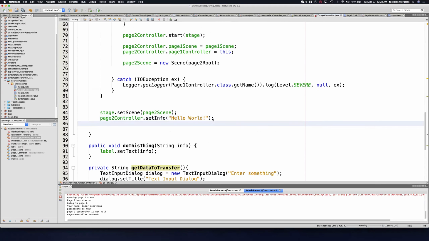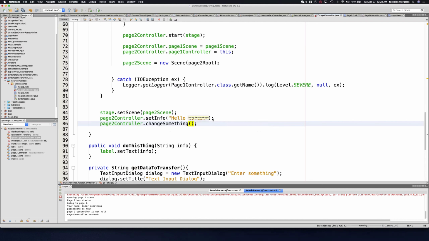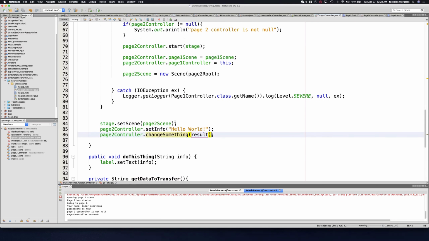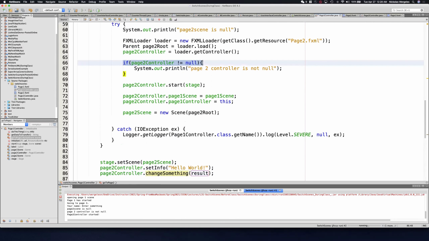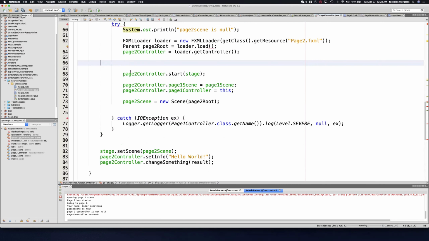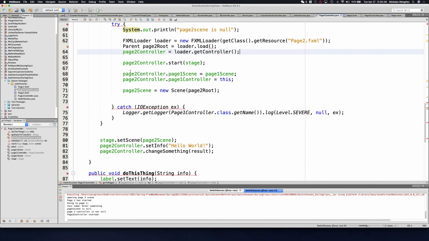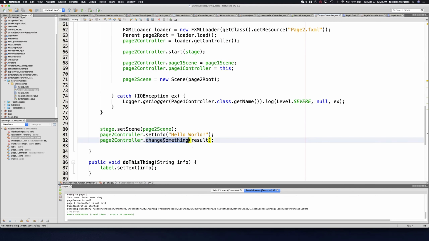I'd have a method over there in page 2 controller. And I have something called change something. And we're just basically going to pass over the result. Okay, we'll pass over the result. You see, I put a little if statement here. I was trying to do a little debugging. Okay, so if I run this,